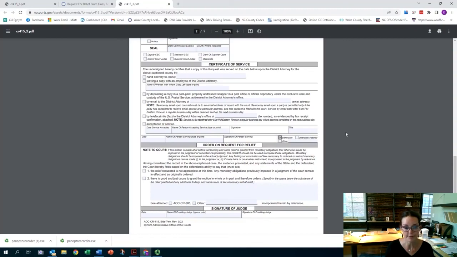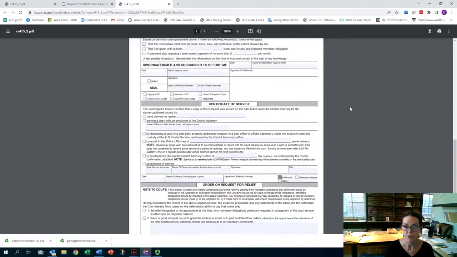Different clerk's offices have different processes on when these are scheduled. Sometimes the clerk will give you the date that it is going to be calendared at the time you file it. So you file it and they will say, this case will be calendared on August 6th. Make sure you're here. You will need to appear in court on that court date so that the judge can review your request. In other clerk's offices, they will accept your form and then they will mail you documentation of when the hearing gets scheduled.